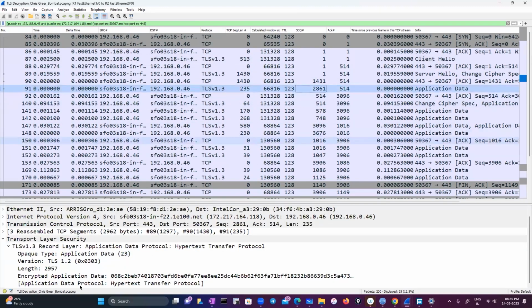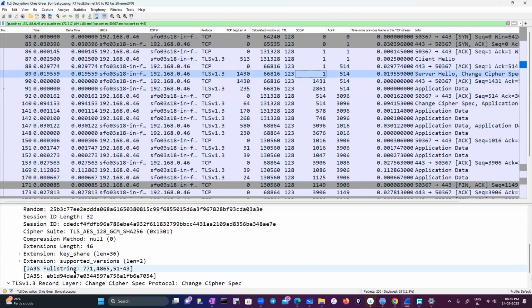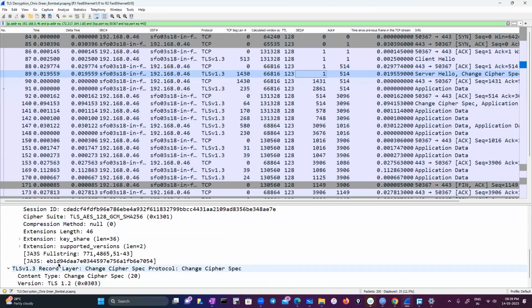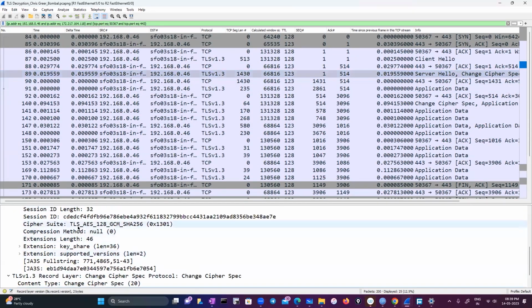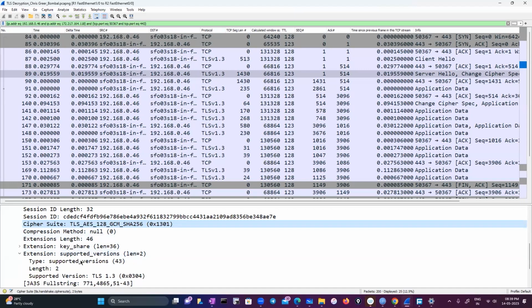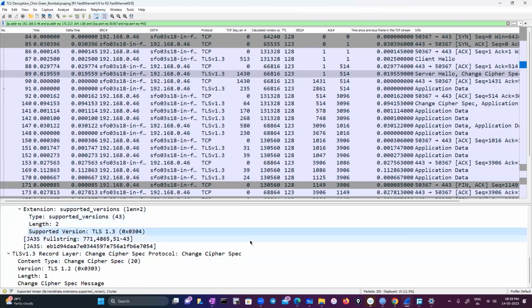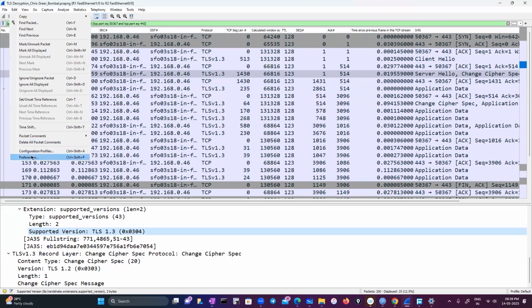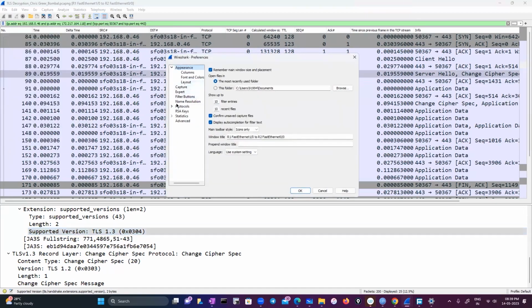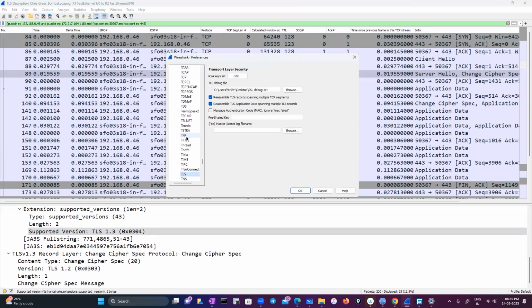So what can we see inside the TLS? Inside the server hello, I see the TLS version, and on top of that, what cipher suite I'm using here. And for the supported version, it says the supported version is TLS 1.3. Now in the same capture, if I go to Edit, Preferences, Protocol, TLS,